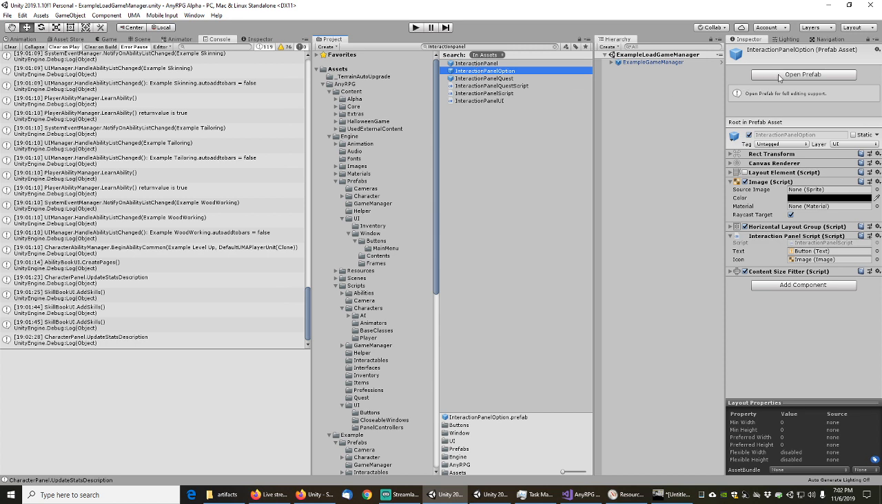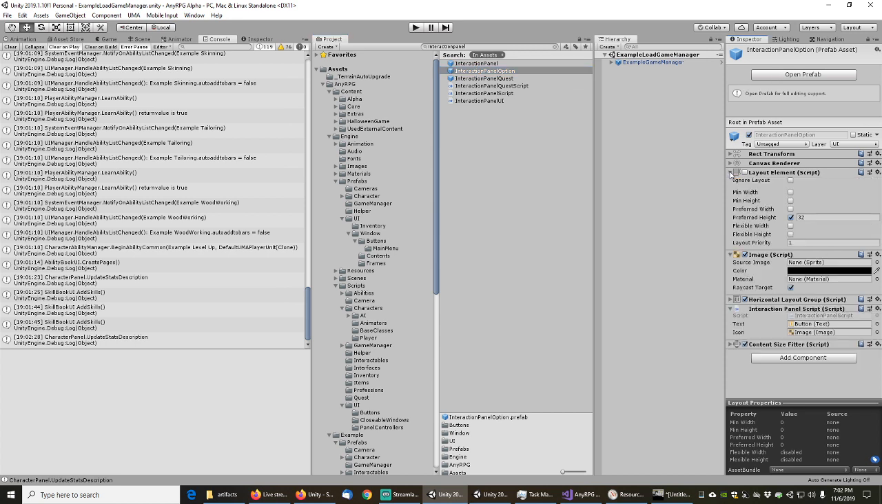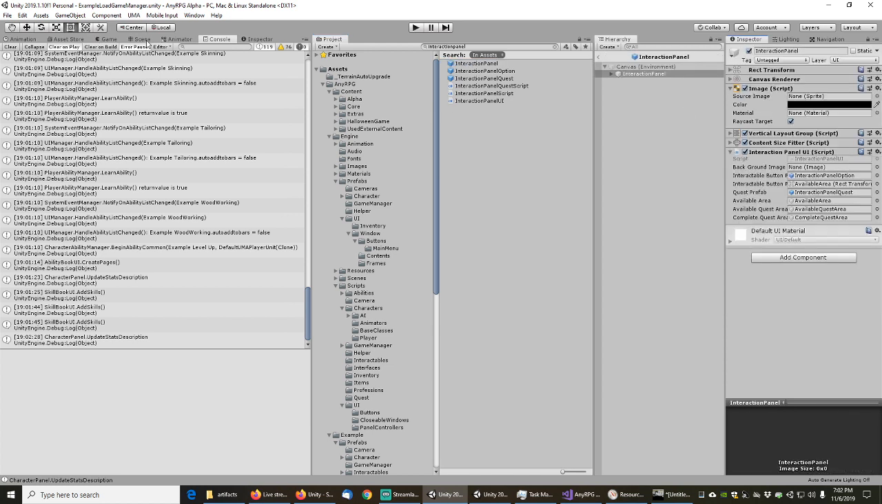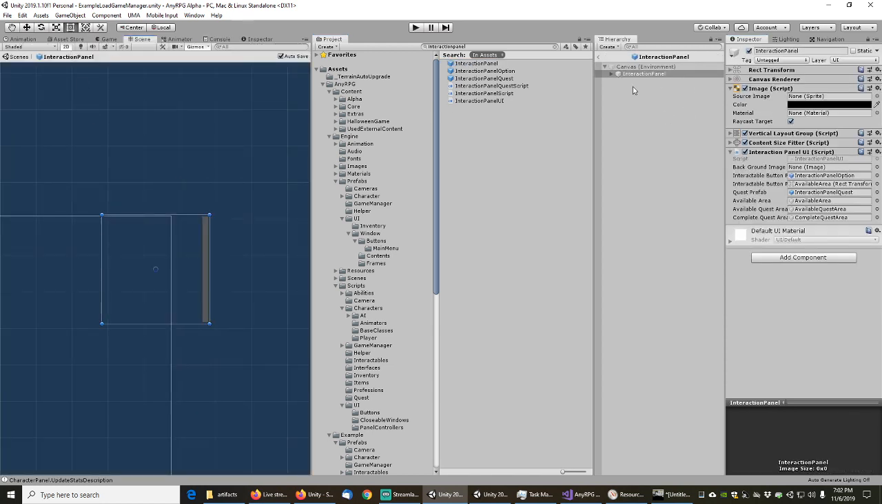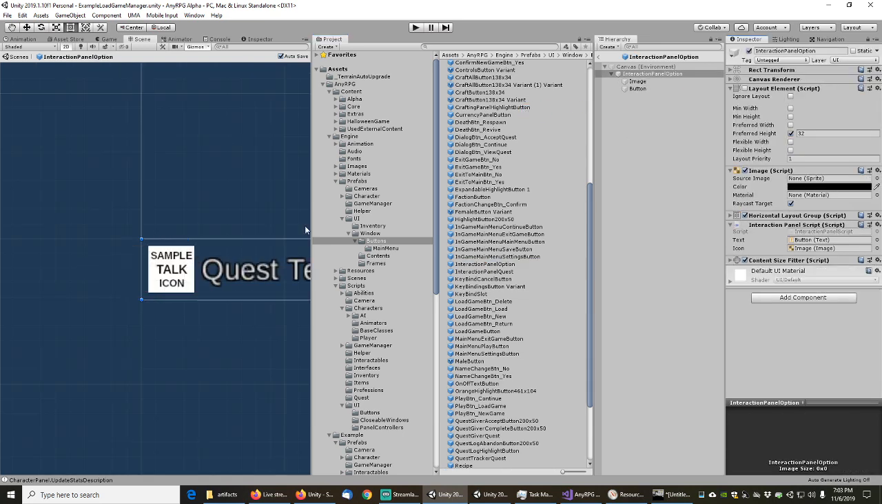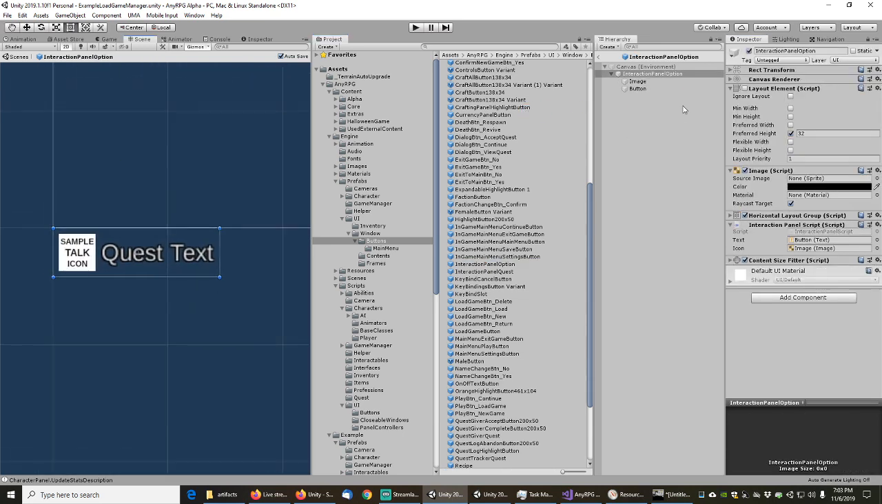And let's look at the, we'll look at the interaction panel. Click on the scene view. So it's the interaction panel option basically that we care about. So let's see if we can figure out